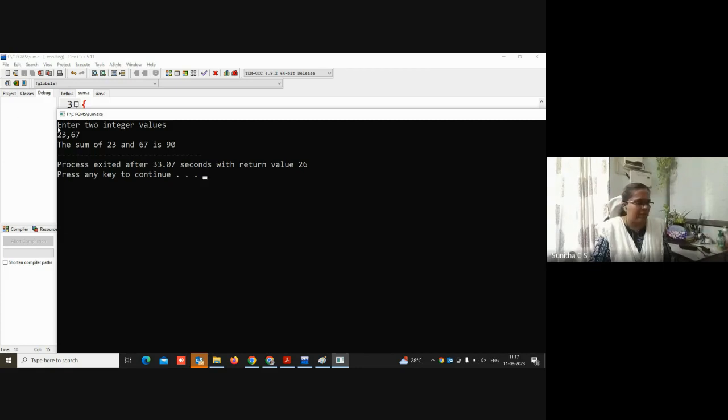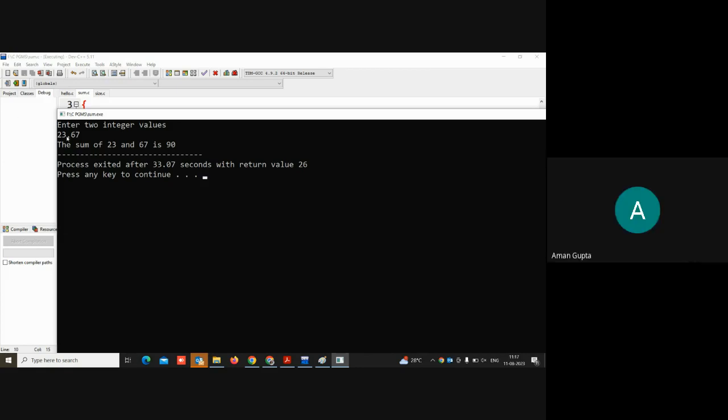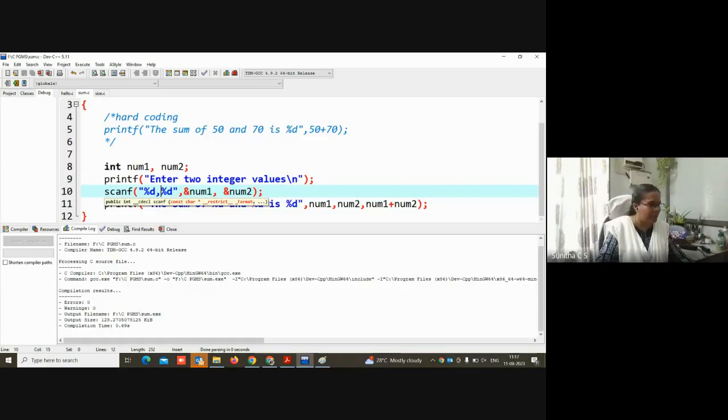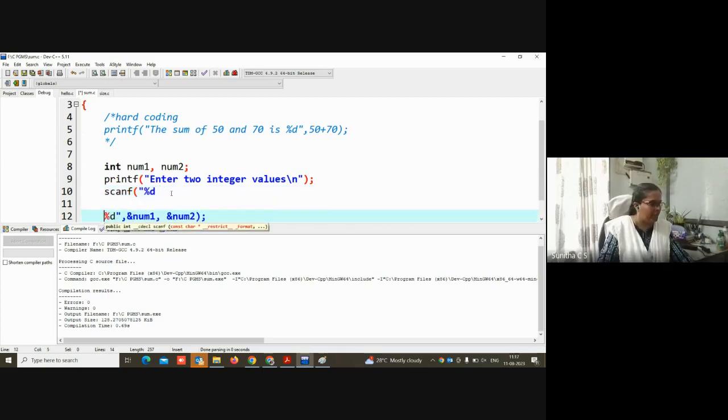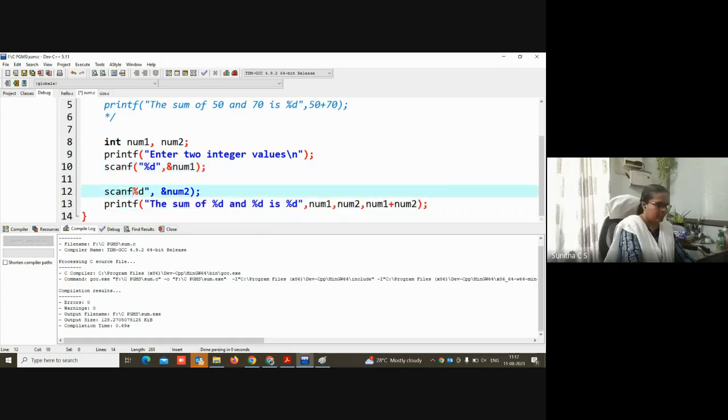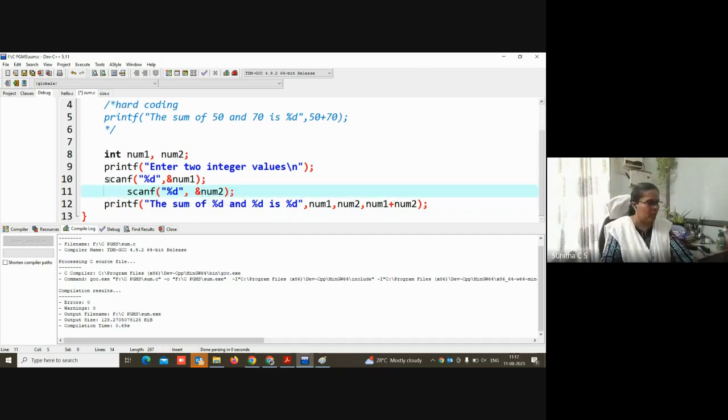So here I have used the delimiter as comma, just to separate the two values. Otherwise, okay, I'll show you that also. If I'm not confident about delimiters, I need to use two scanfs. See, scanf of %d, ampersand num1, scanf of %d, ampersand num2.